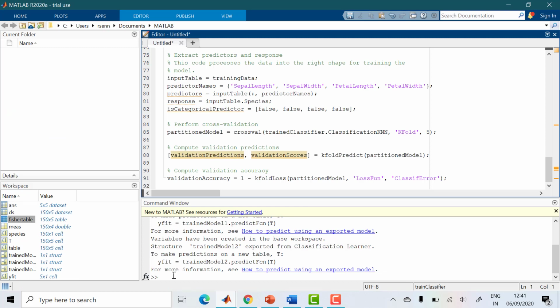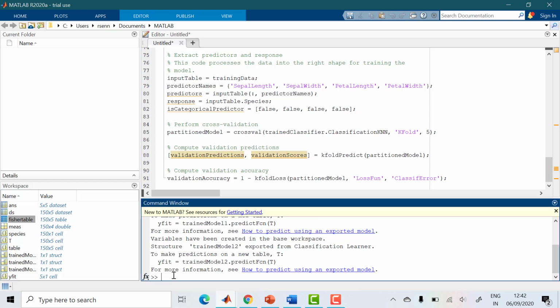Okay. Now what is the final step? The model is ready now. Now to test the model with a new set of data. So remember, when you test the data, the trained data is one thing, the testing data is another thing. The trained data we already took from Fisher Iris. From the same Fisher Iris, I'm going to select some 5 rows and 5 columns to test my model, whether it's predicting properly. For that, I'm going to use yfit.